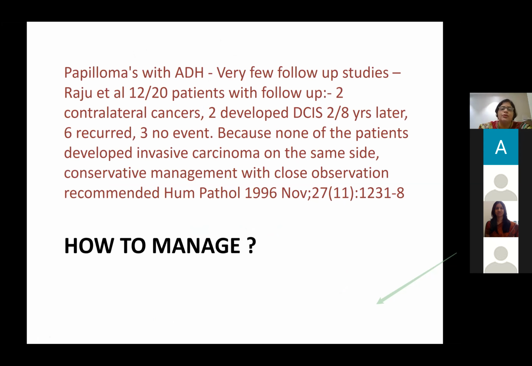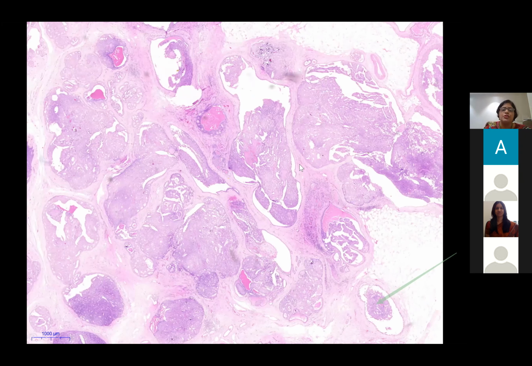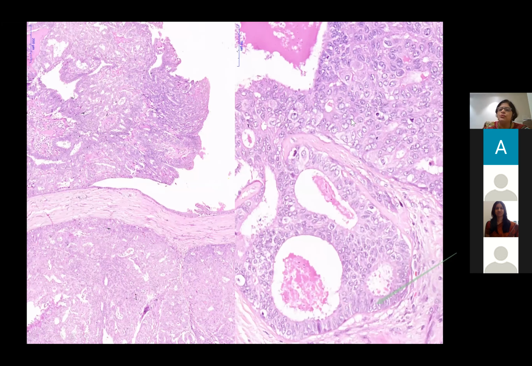Now here is a papilloma. Compared to the single duct and a huge lesion within, this has now become multiple. Why? Because there's a lot of epithelial proliferation. Here I can't make out where it is arising from because it is a tortuous duct and it has been cut at multiple layers. Now the epithelium here, you can see it's solid. So there is epithelial hyperplasia. Now when I look at the higher power, I see the lining is okay. The lining is not the worry, but inside it focally, I see malignant looking cells. I see nuclear atypia, I see mitosis, I see architecture which is like DCIS. So this now becomes a papilloma with DCIS.